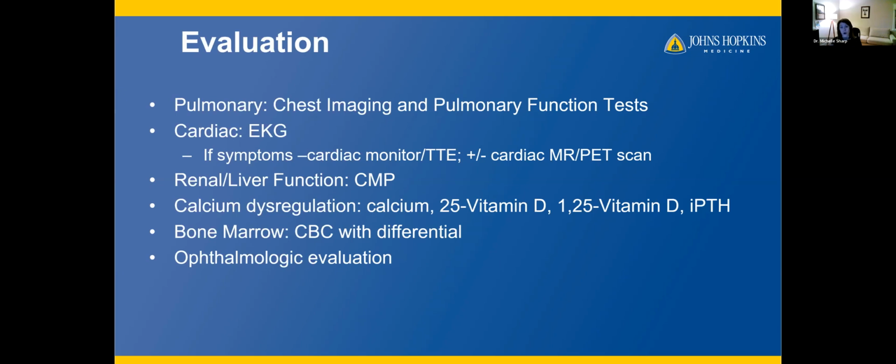For cardiac screening, usually every patient gets an EKG or already has had an EKG, which is looking at the electrical rhythm in the heart. And then there is other cardiac testing that we might do depending on symptoms. We talked through, when we were talking about all the different manifestations of sarcoidosis, what symptoms might prompt further evaluation. And then we do blood work looking at kidney function, or renal function, and liver function. We've talked through the vitamin D and calcium. And then we look at the bone marrow, which means that we look at the white blood cells and the red blood cells, and then I ask everyone to get an eye exam.